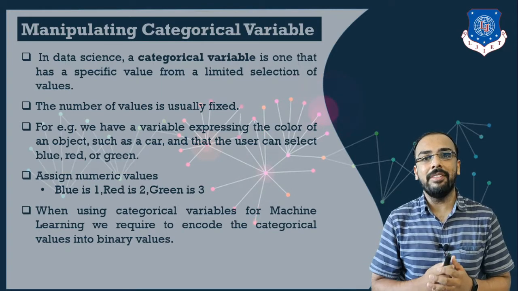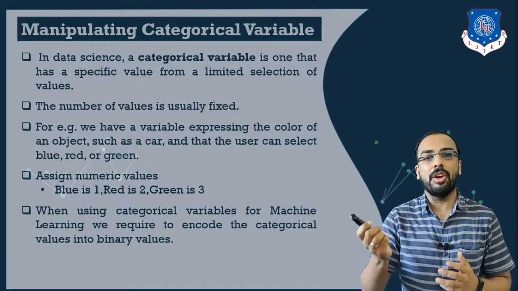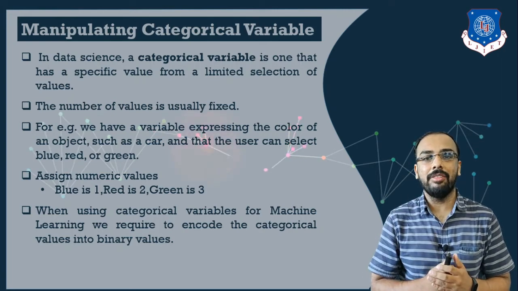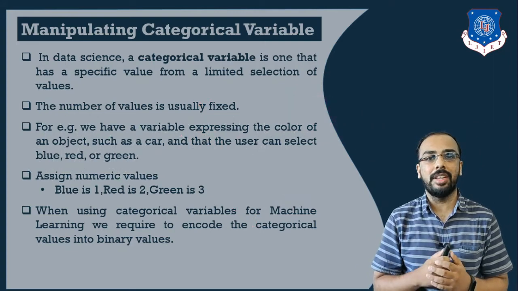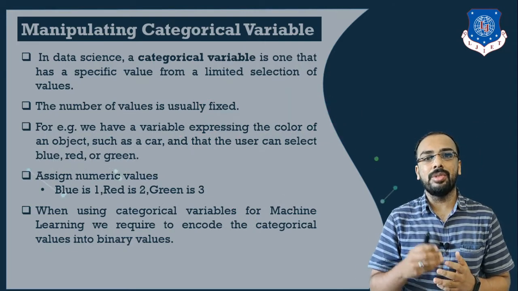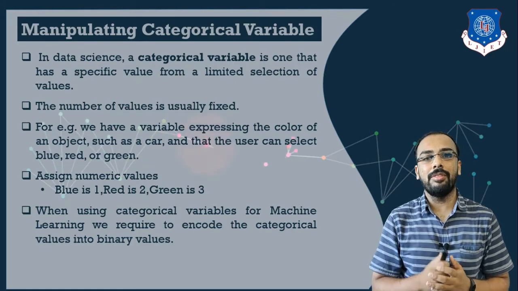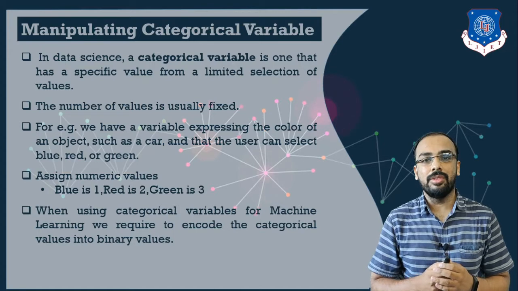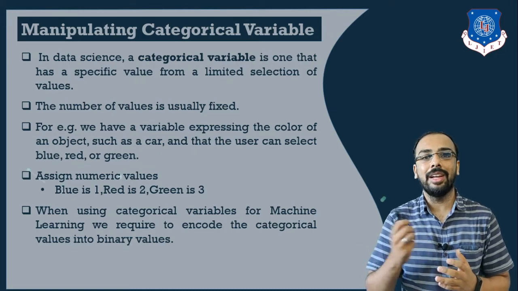Let us consider an example. I have a categorical variable named car. Now I want to express different color objects with the help of this car variable, so this car variable will be your categorical variable. We will assign three different values: first red, second blue, and third green. Whenever we are using different objects, we need to assign them a numeric value. Why? Because computation cannot work with them directly. So for simplicity, let us assign blue as 1, red as 2, and green as 3 respectively.